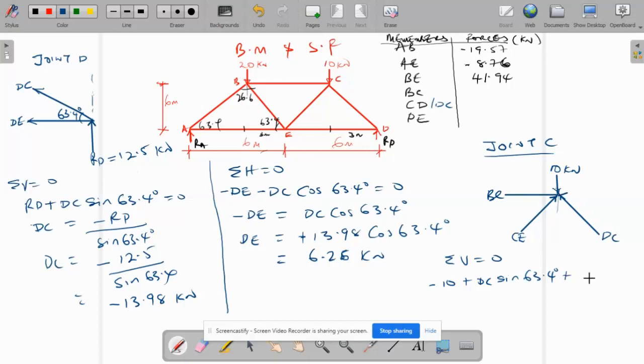It will still give us CE sine 63.4 degrees equal to 0. So here we already know what DC is, so we're looking for CE. All we need to do now is to move this and this down there. So we have our CE